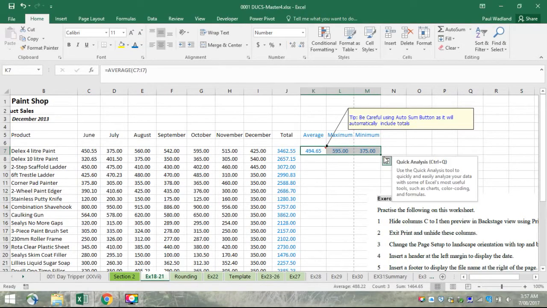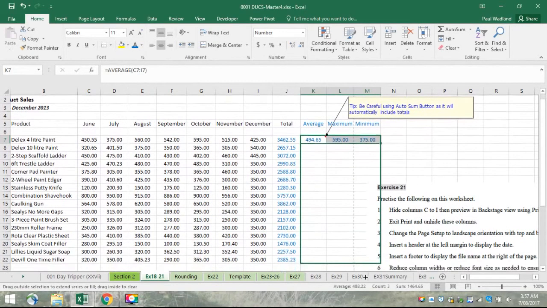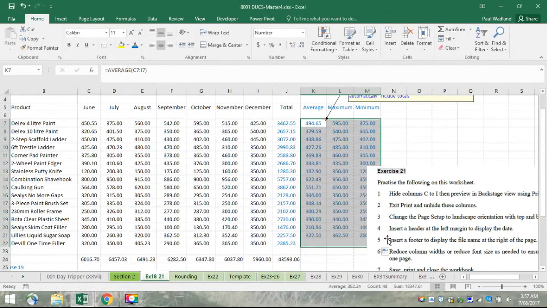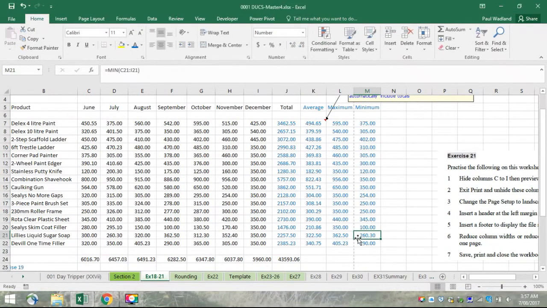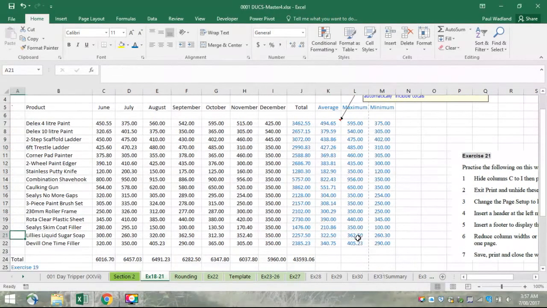Using the auto fill handle all the way down, our totals. Down here,